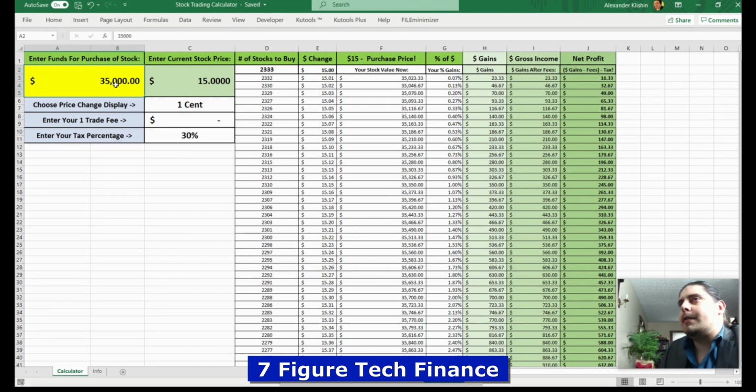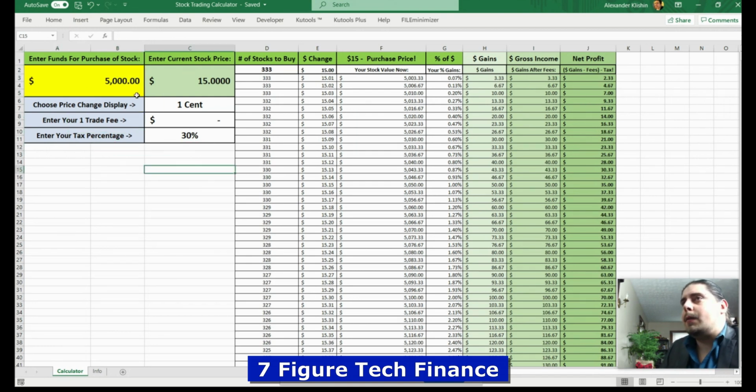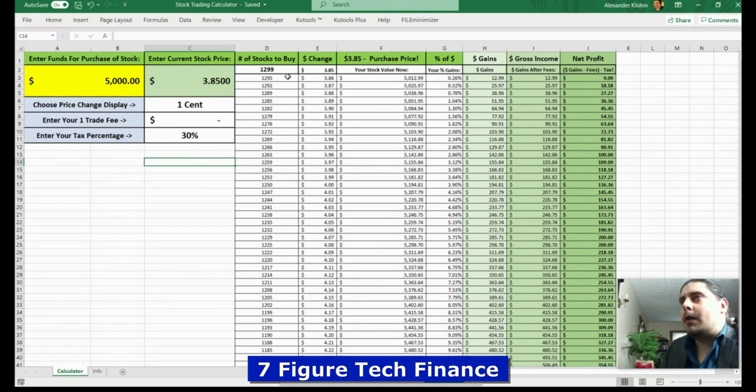Let's say maybe you have $100,000 in your account, but you don't want to trade with the entire 100,000, right? Let's say you just enter $5,000 here, and you want to know how many shares you can buy at the rate of 385, which is going to be 1,299 shares. Right here it shows you instantly the number of shares that you can buy, and this is pretty much the